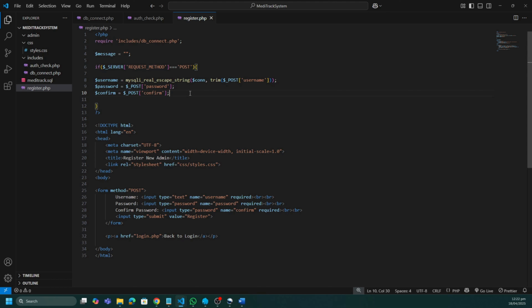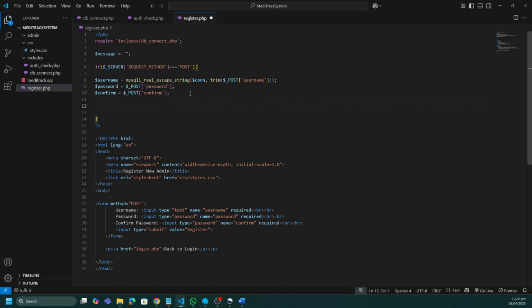So now that we've collected the information from the form, the next thing we have to do is see if we can put our information into our database. First and foremost, I'm going to make sure that the user did not leave any fields blank. And if they did leave any fields blank, we want to give them, again, useful messaging. So I'm going to say if, and this might be a little lengthy,